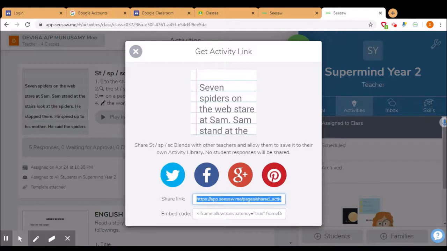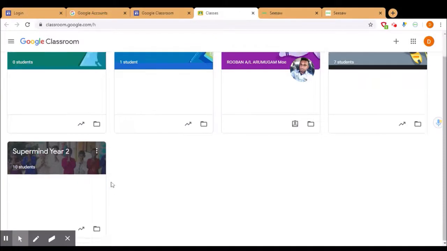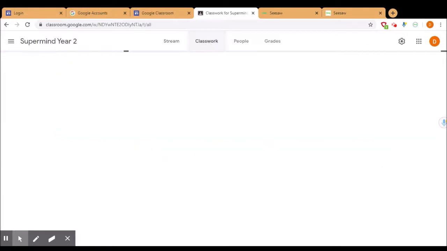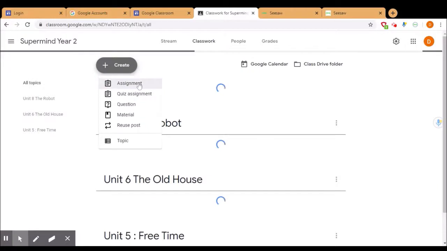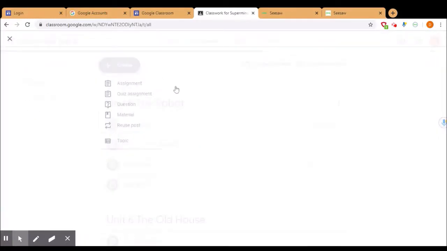So what you are going to do next is, before you copy the links, go to another tab, open your Google Classroom, sign in, get into your class, get into your classwork, click Create, and go to assignment, and all you need to do is just get ready to assign the work. It is super simple how to link any activities from Seesaw to Google Classroom, and all you need to do